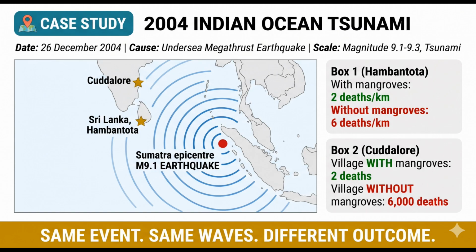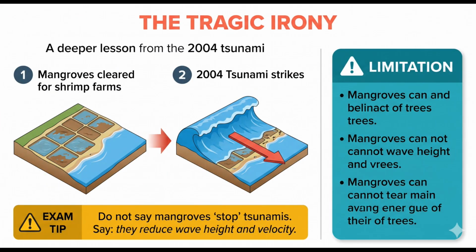Areas without mangroves averaged 6 deaths per kilometer. The same wave, the same coastline, very different outcomes. Here is the part of the 2004 story that is the hardest to hear. Many of the most severely damaged coastlines had previously cleared their mangroves specifically to build shrimp aquaculture farms. The very places where thousands of people died had, years earlier, removed the natural protection that might have saved them